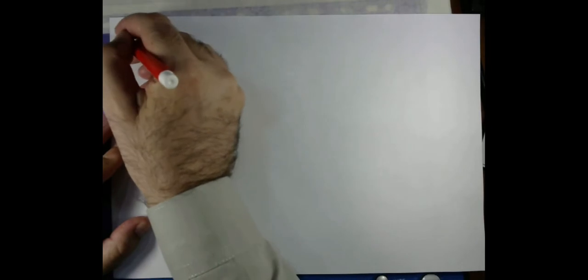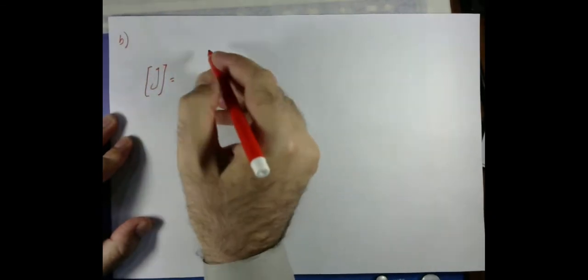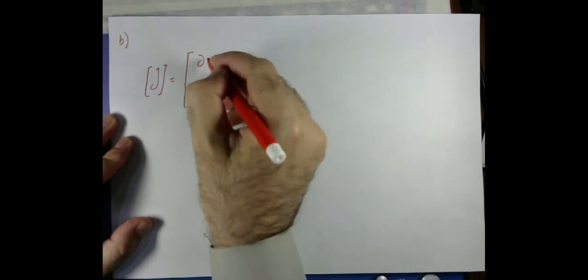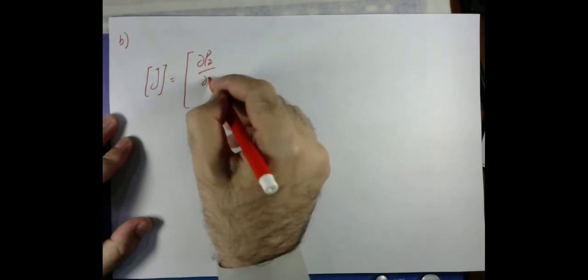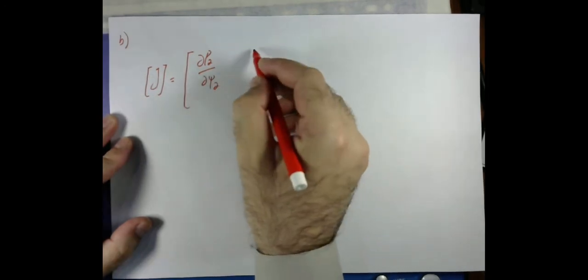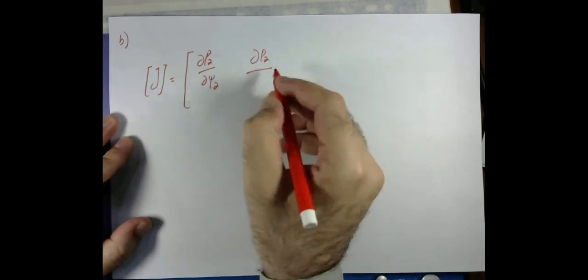So we are solving task number 2. Let me first adjust the page. So now we are solving task B, and the Jacobian matrix will look like that. The Jacobian matrix will have only 4 entries, with the first being the derivative of the power with respect to psi 2 and the derivative of the power with respect to U2